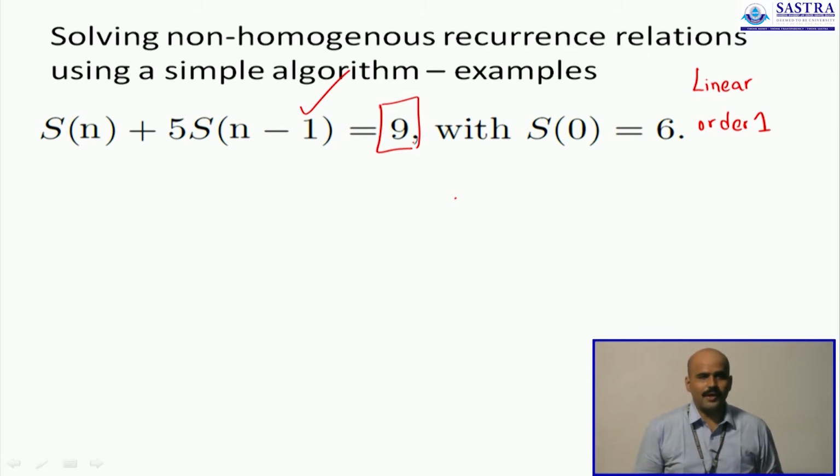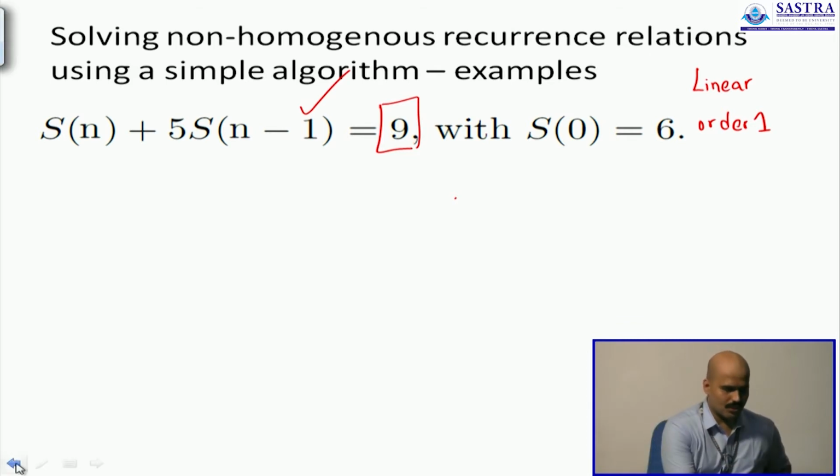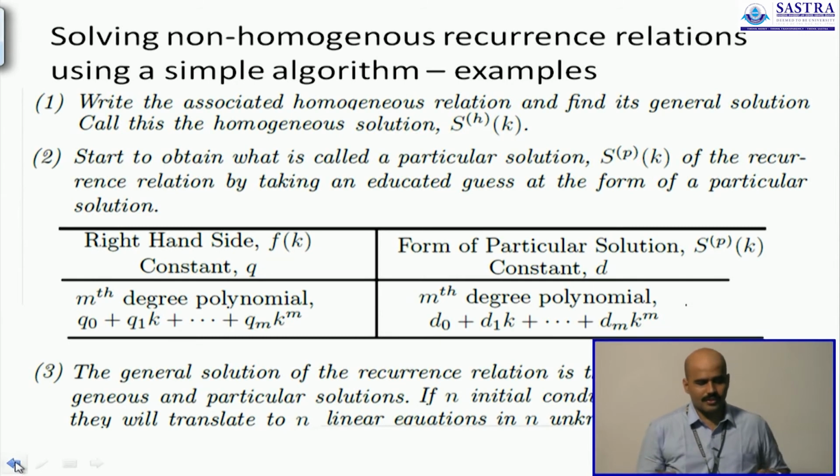Now that is where you have the second type of recurrence relations where the function on the RHS is not 0 anymore. It may be a constant, it may be a polynomial, and today we will discuss the strategy to solve such recurrence relations. For that, there is a 3-step procedure which can be applied to solve such recurrence relations. Step 1, we treat this as though it is a homogeneous recurrence relation, and find a general solution. That's exactly like what we have been doing so far.